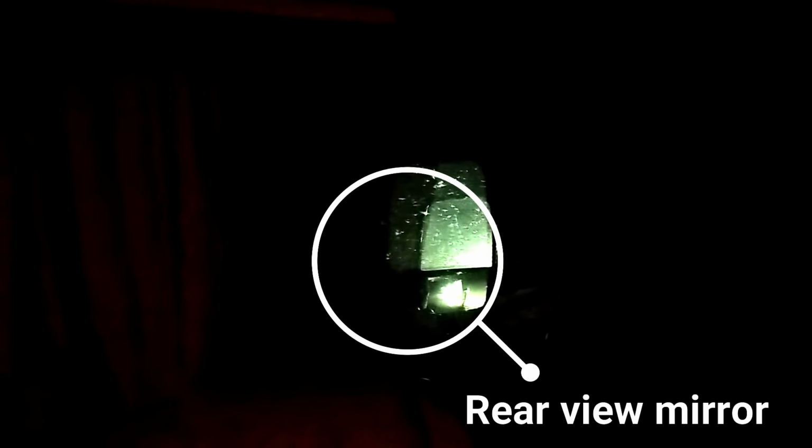Another trick that I do, this is a thing that's not easily done because you're not always in the right setup. A lot of times this is how you're set up. We're to the left side. But I take my mirror and I adjust my mirror. I have to loosen it all up and move it all around. Then when I get ready to leave, I have to do it again. But when I'm sitting here in my chair, I can look into that mirror and I can see if a